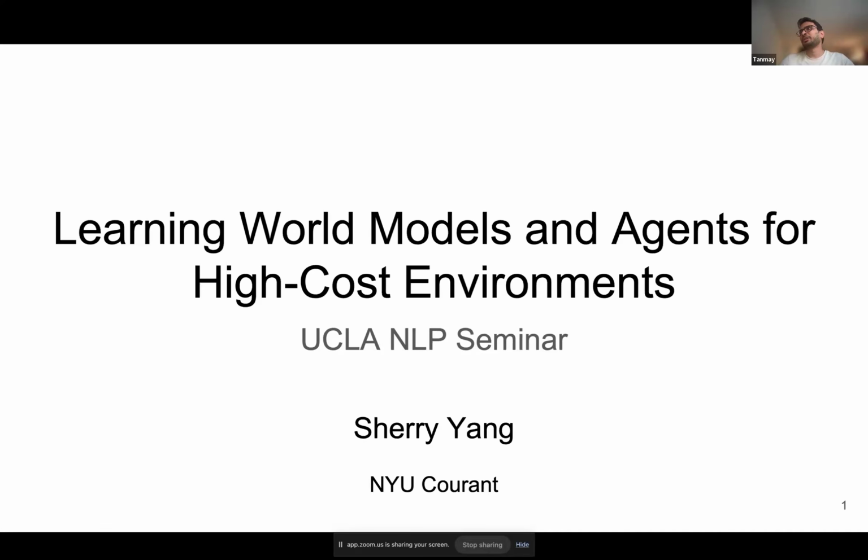Sherry Young is an assistant professor of computer science at NYU and also a staff research scientist at Google DeepMind. She has done a lot of work in machine learning, RL, and generative modeling, and currently her focus is also on building world models, agents, and their applications in robotics and AI for science domains.